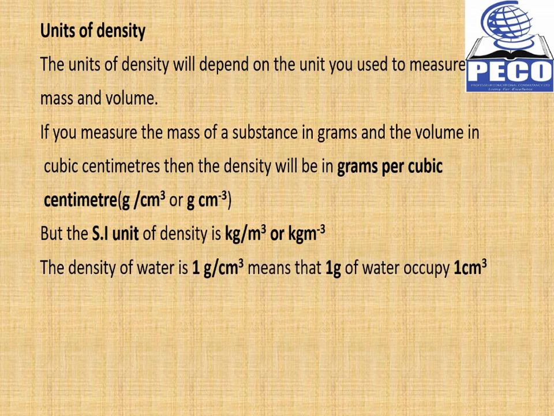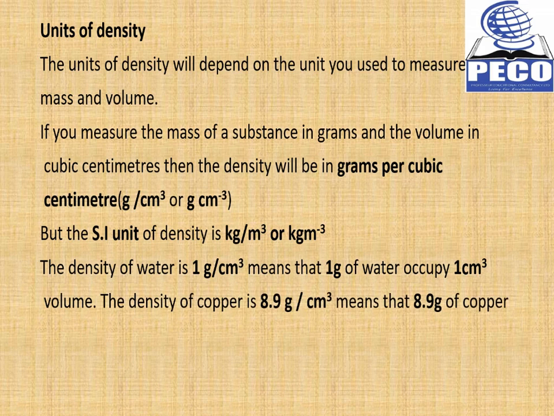So we want to understand what the SI unit actually means. The density of water, for example, is 1 gram per cubic centimeter. It simply means that 1 gram of water will occupy 1 cubic centimeter, or 1 centimeter cubed